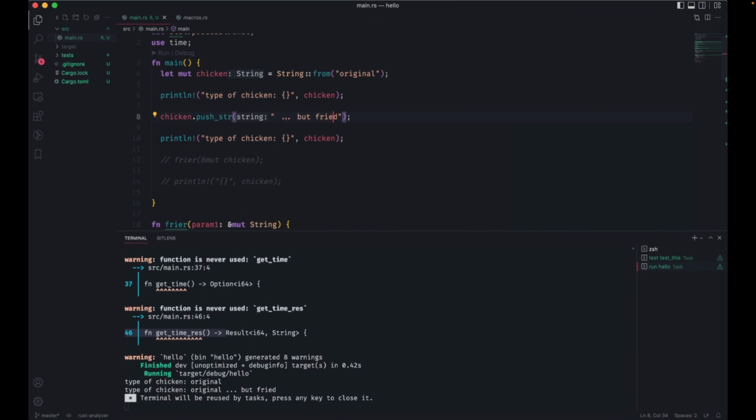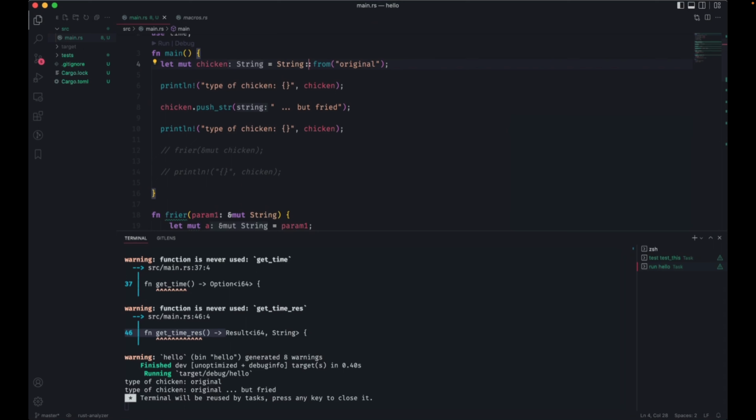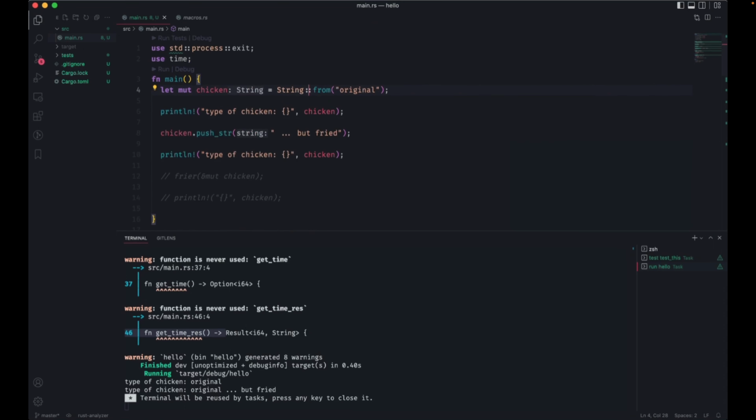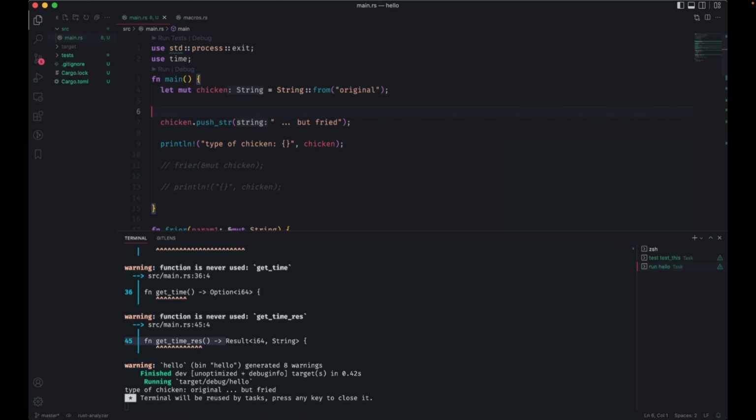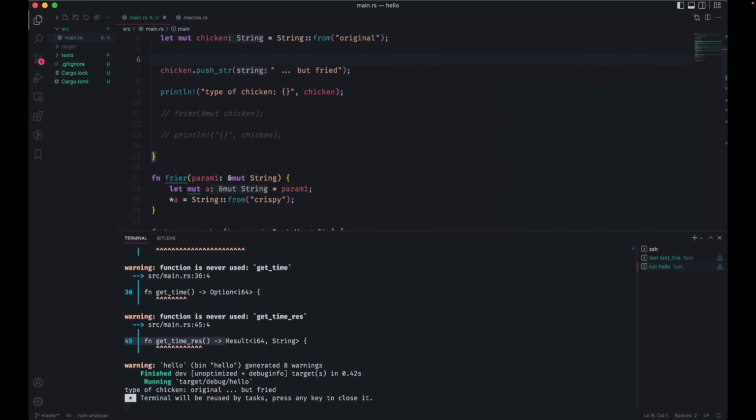I'm going to say, but now it's fried. And this is fine as it is because I never lost ownership of this string. It's still in the same scope. I'm doing a bit of magic here, guys, but take this part first. So now I'm able to change this.